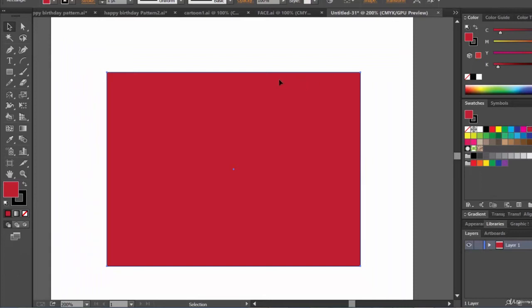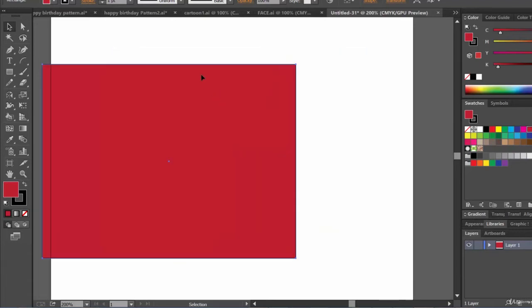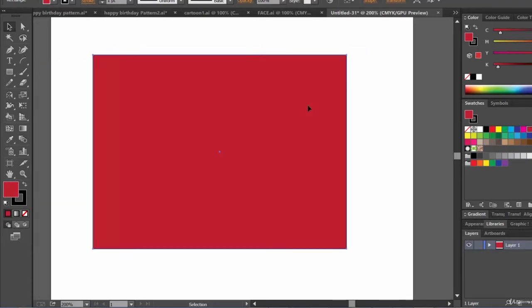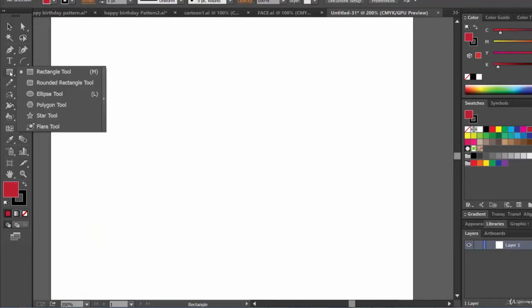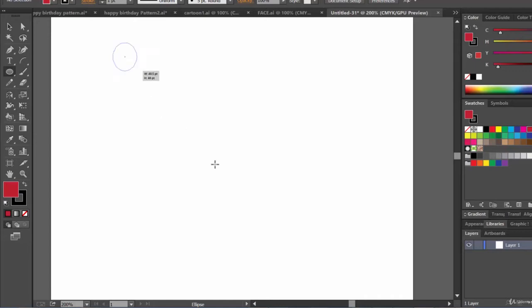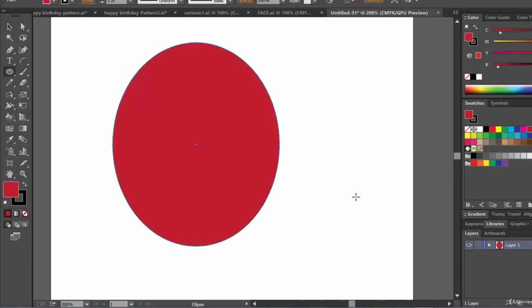Now let's understand what an anchor handle is. Here, since all of these are straight lines, you will not see the anchor handle. For understanding anchor handles, let's create an ellipse. First of all, let's delete this rectangle, and instead let's select the ellipse tool and draw an ellipse just like this. Here also you will see 4 anchor points. See, let's select.